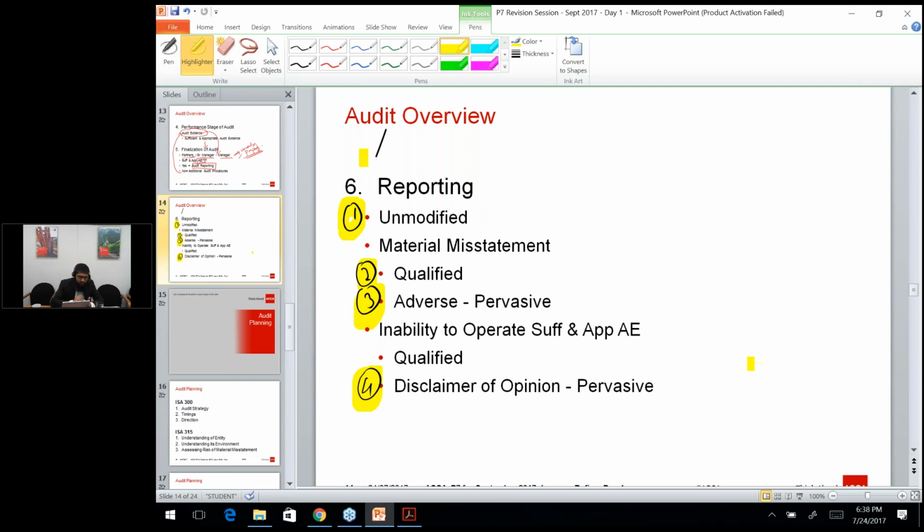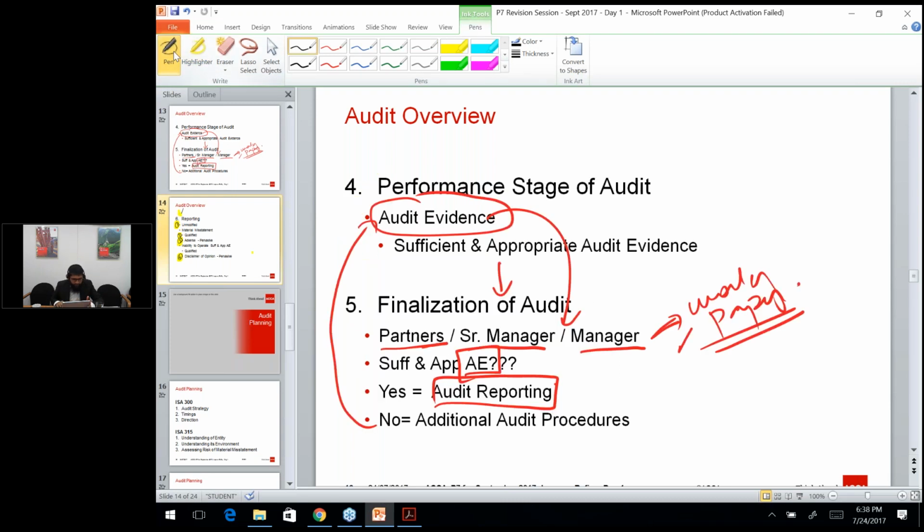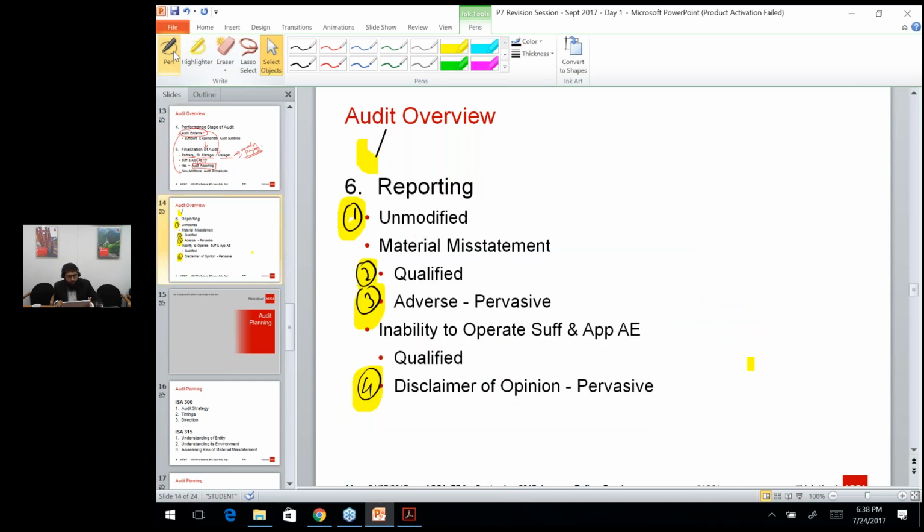So this is actually how it operates. This is the finalizing stage, that once they feel that sufficient and appropriate audit evidence has been obtained, they go towards the reporting. Now this is the overall audit overview. That is, you tender for it, and once you have tendered for it, you get the engagement letter signed, and once the engagement letter is signed, the next step is